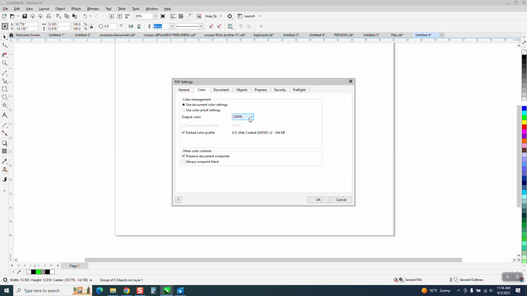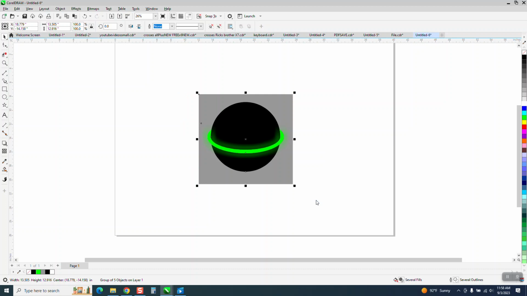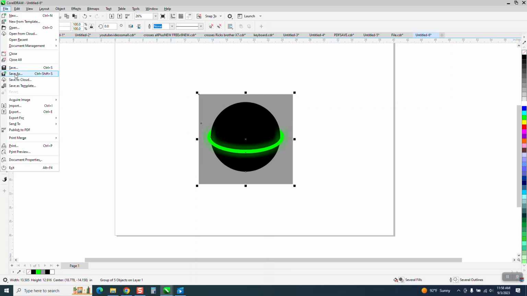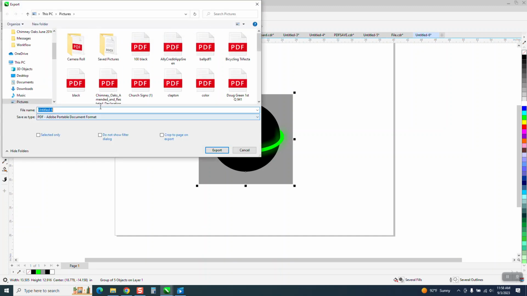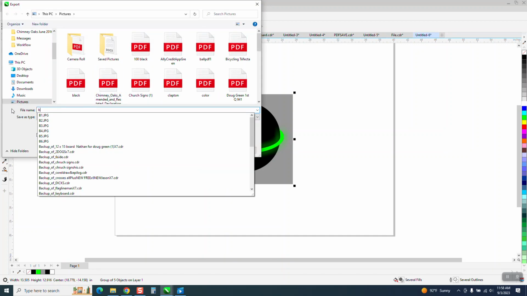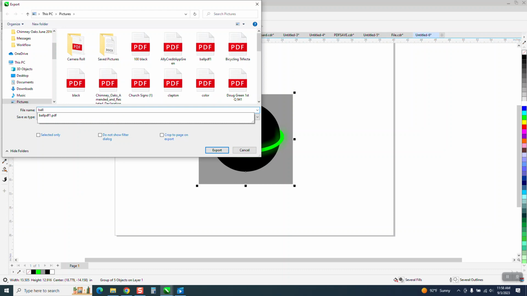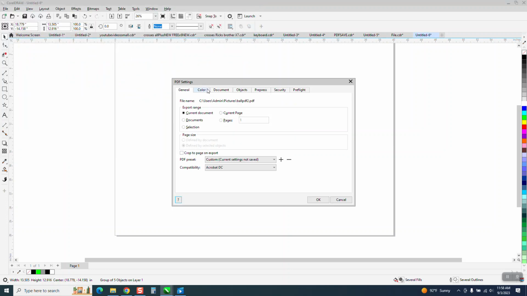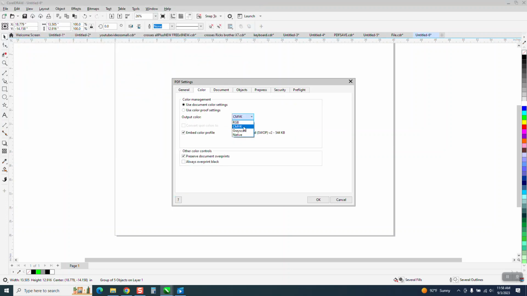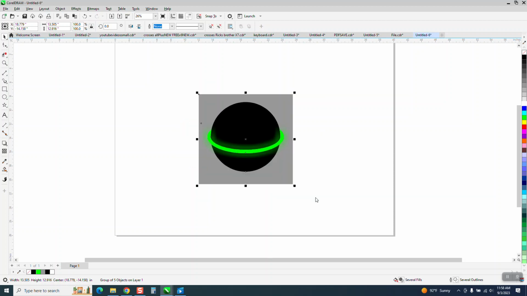Go to Colors, and I'm going to do it as default, which is CMYK. Okay. Now I'm going to take it and I'm going to go to File and export it as ball PDF 2. But this time I'm going to go to Colors and I'm going to change it to RGB. Now if we import those,